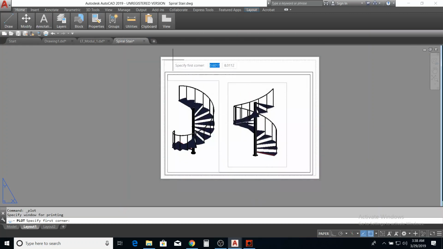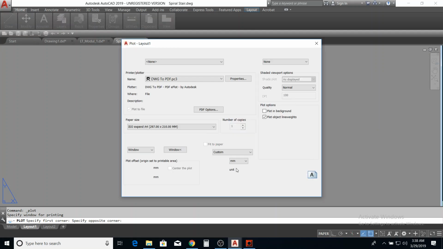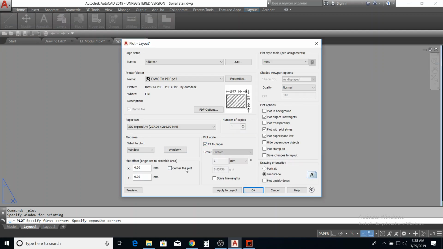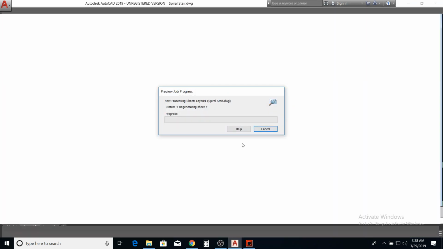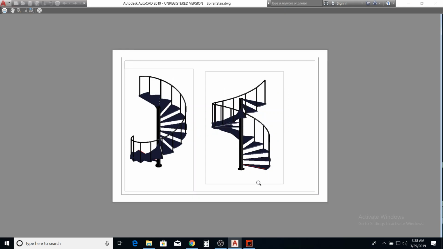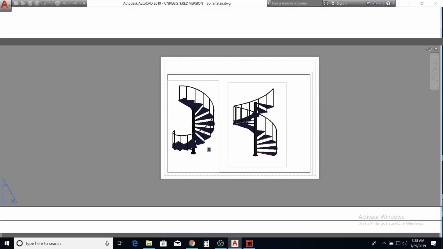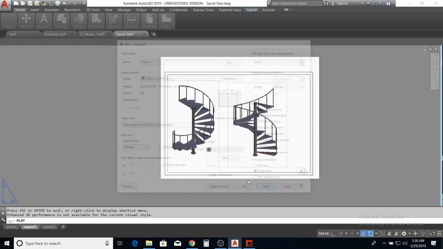Come here, corner, corner. Is that right? But center my plot. My staircase nicely set. But there is something that I wanted to correct